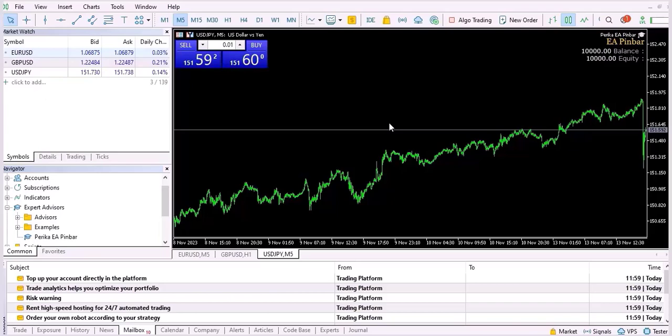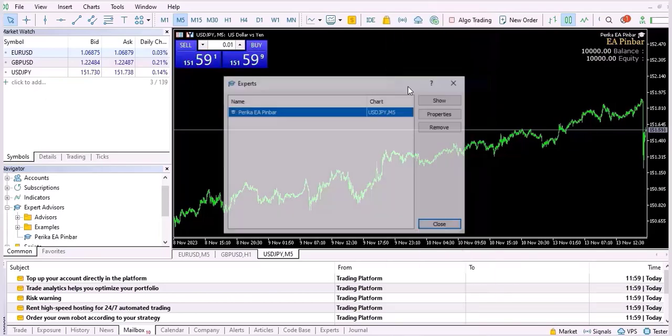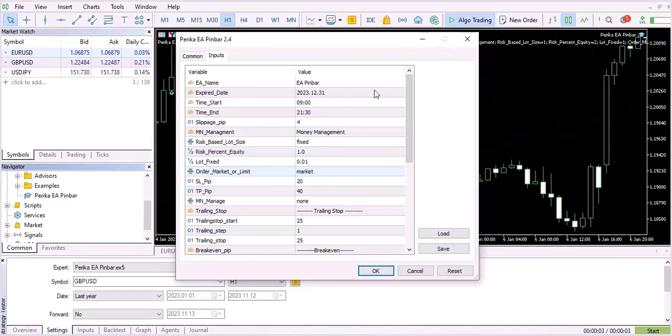You can see the EA information by clicking the Properties button in the Input tab. When using and running the robot, you must tick Allow Trading. In the Properties tab, all the settings of the robot are specified. The name of the robot is specified in the EA_name field. The expiration date of the robot is specified in the expired field. It works on the demo, and you can download the new version every 2 months with an extended expiration date